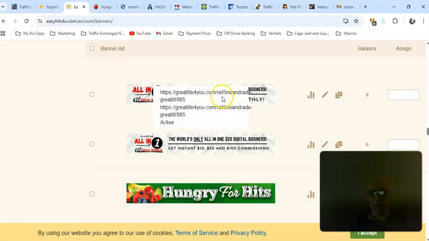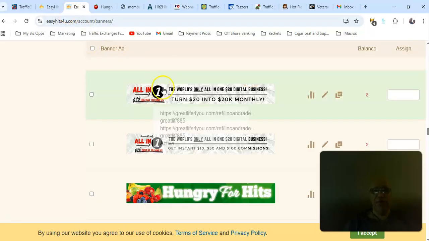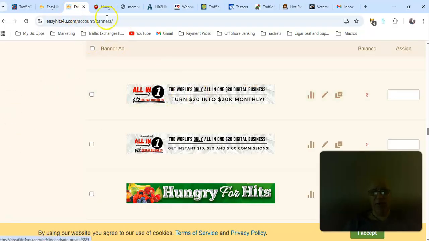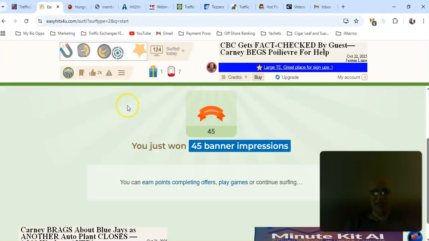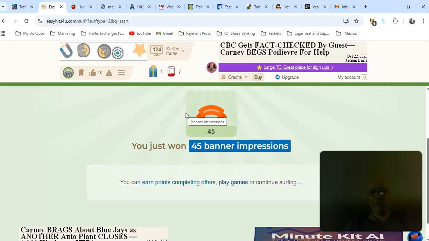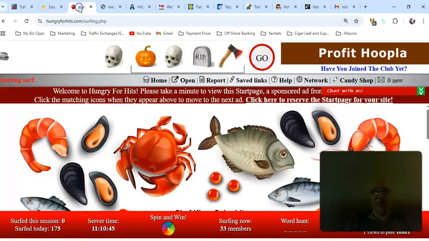No, it doesn't show where it is. No, but it's being hosted on the Easy Hits for You site. So that's a good reason to get Easy Hits for You, and you can create splash pages too. So there's a lot of tools you can use. There's banners. You can use banners. Another thing with